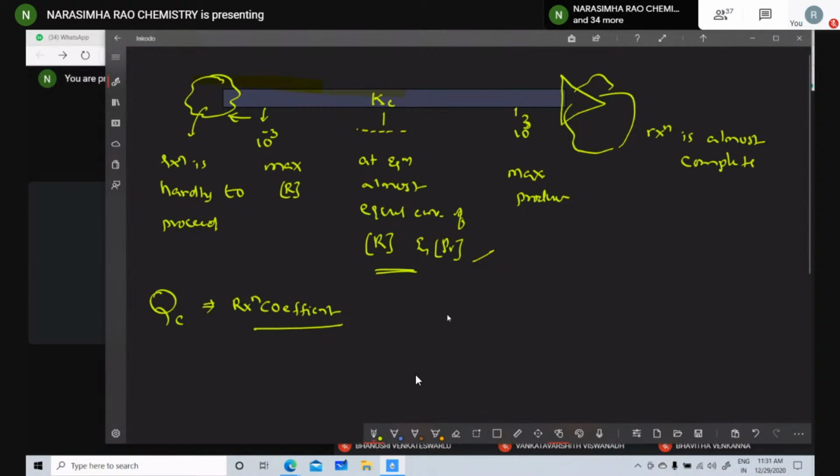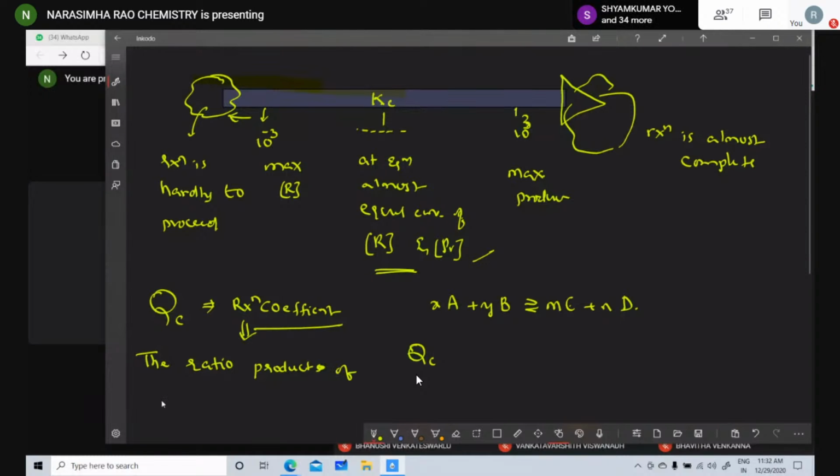Now what is the reaction quotient here? I am taking the generalized equation: x moles of A plus y moles of B is in equilibrium with m moles of C and n moles of D. Now Qc at any time means the ratio of the product of active masses of products to reactants